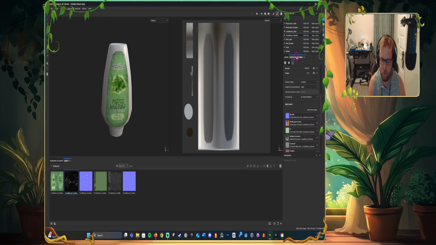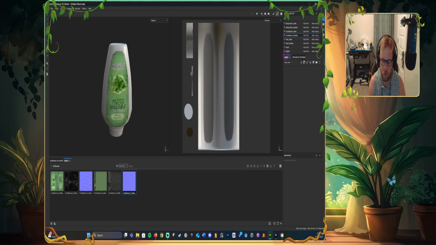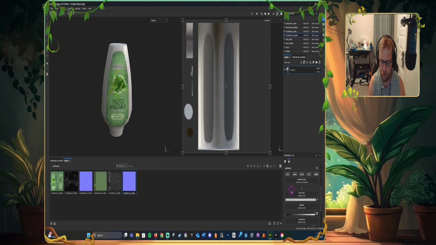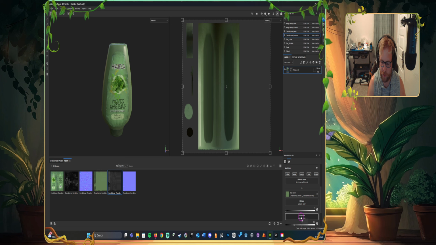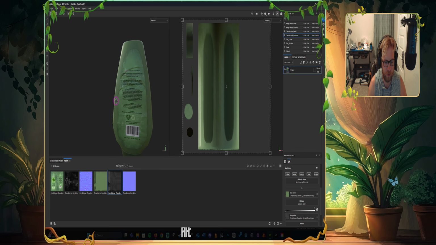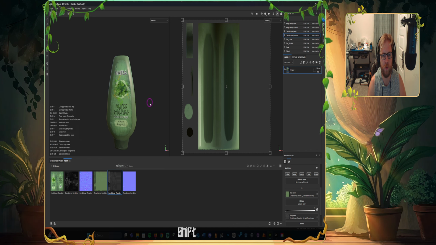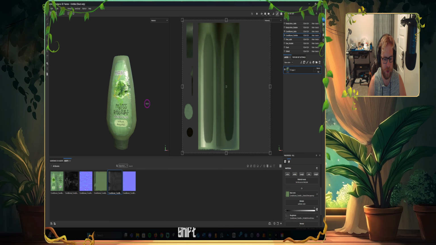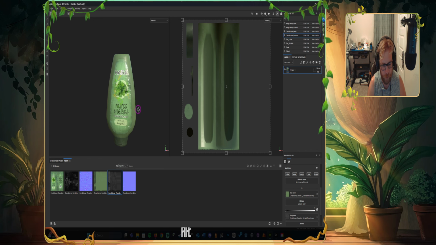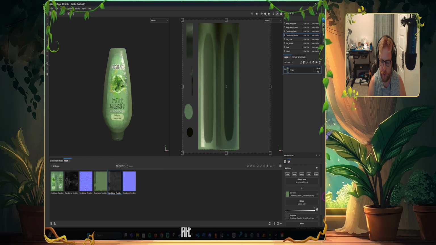Alright. And then just to get the overall picture, since it's kind of two items in one, I'm going to do a similar thing with the bottle itself. Take the normal map, drag it, add a paint layer, turn all the maps back on, drag the albedo to the base color, drag the metallic to the roughness, and now the textures are back on here. Another thing you can do is hold shift, right click, and drag, and you can change the position of the lighting. All right, so now that that's done,